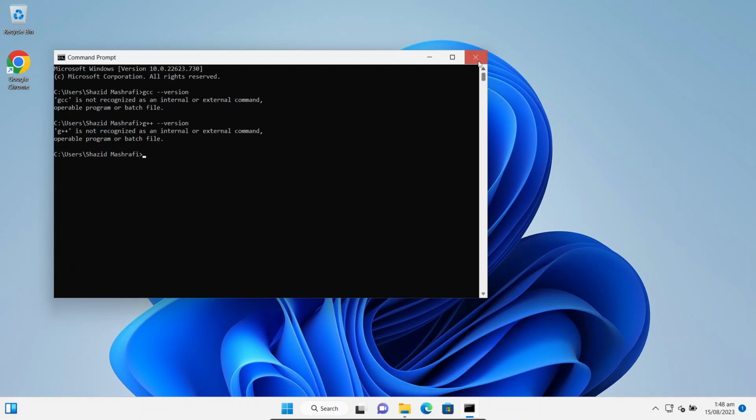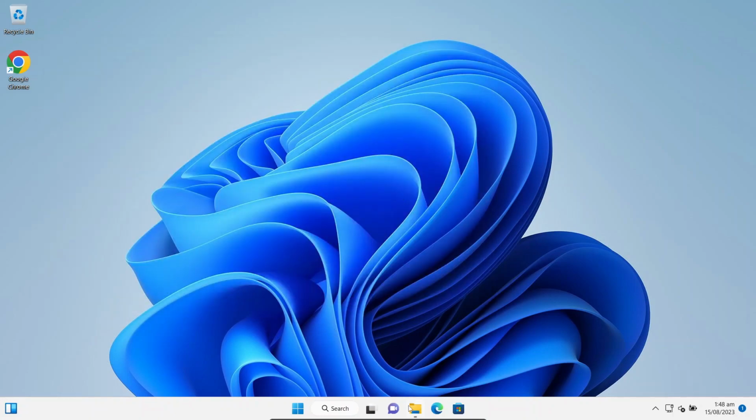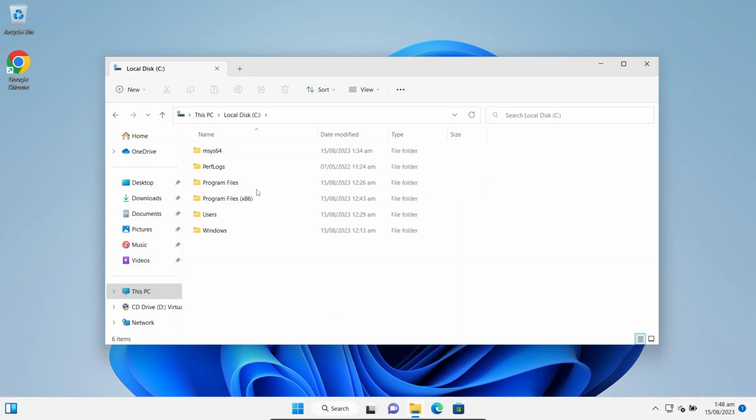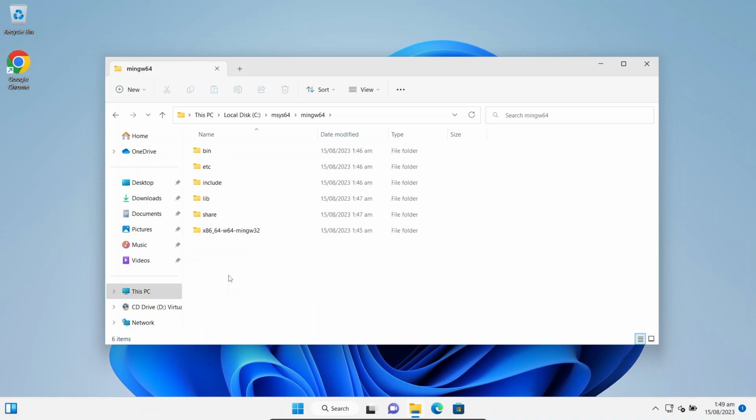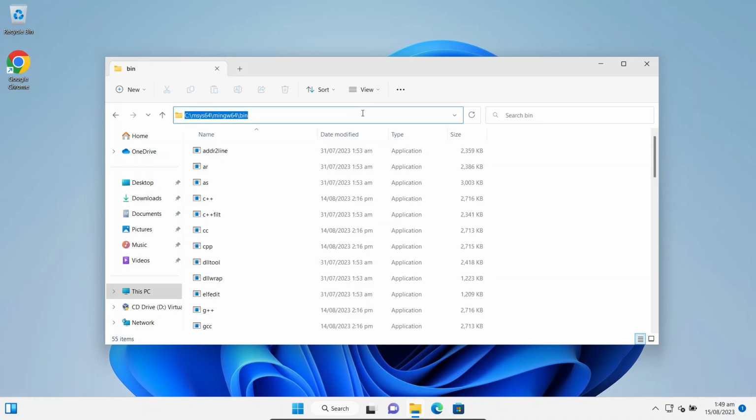To add the path to the environment variable, we have to go to our installation location, MSYS2. If you have a 32-bit machine, then you have to go to MinGW32. If you have 64, then you have to go to MinGW64. Go to bin, copy the location of this folder,